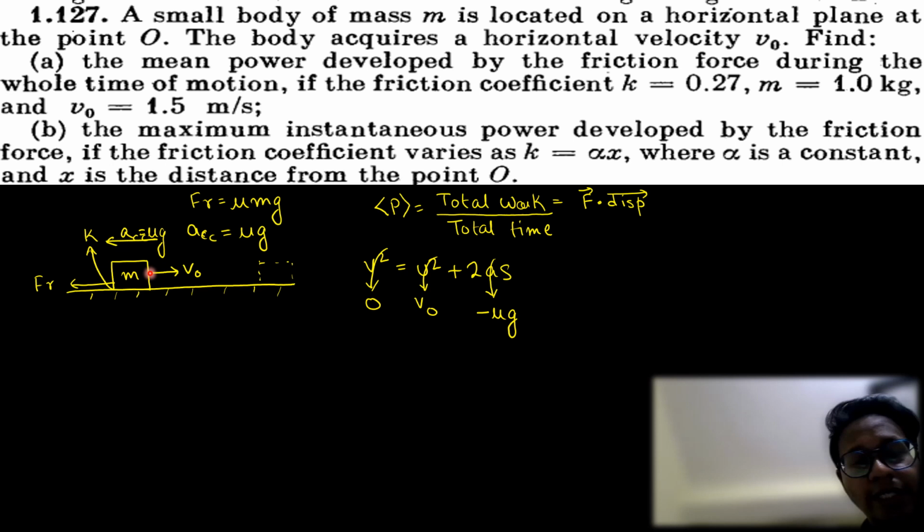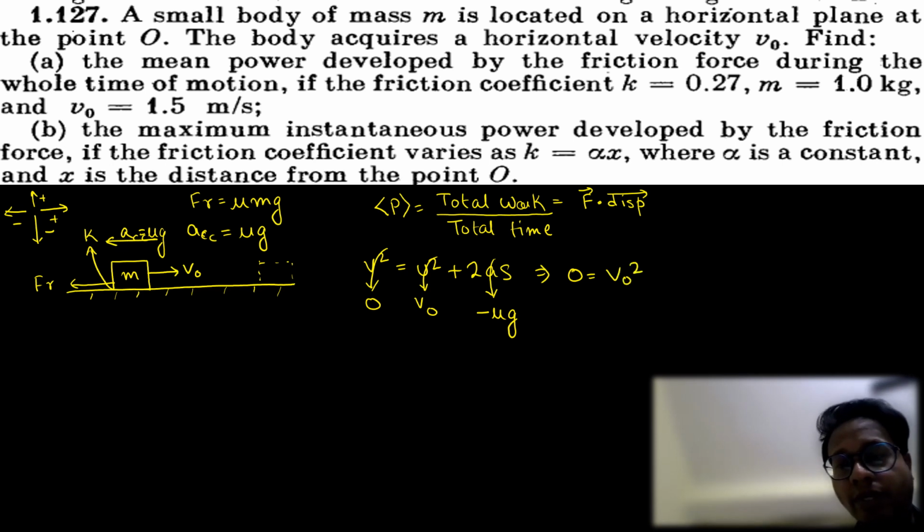Because if this side is positive v naught, this side should be minus mu g. Assign the coordinate system: plus, minus. We need to find the value of s. So out here 0 is equal to v naught square minus 2 mu g s,